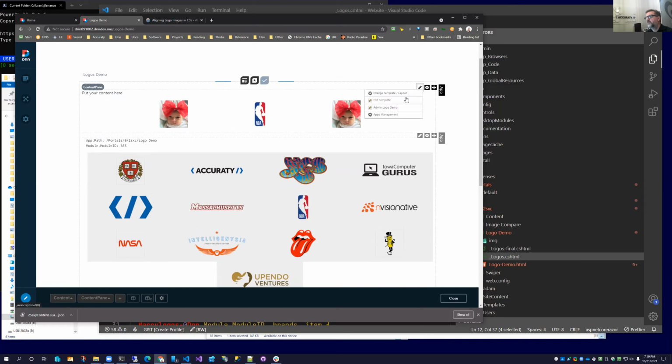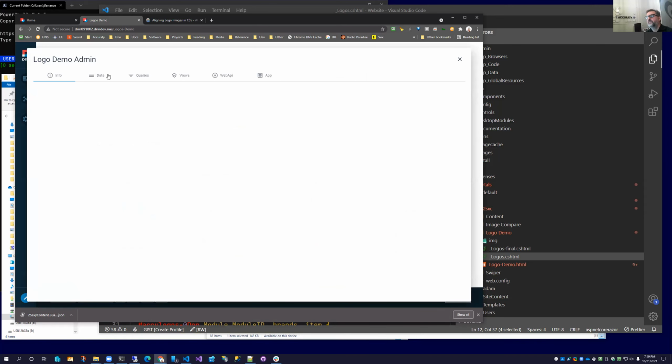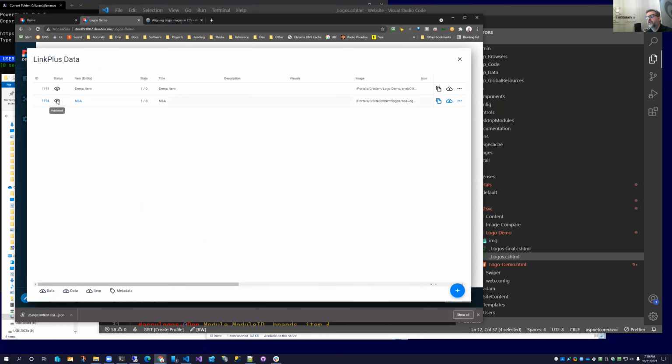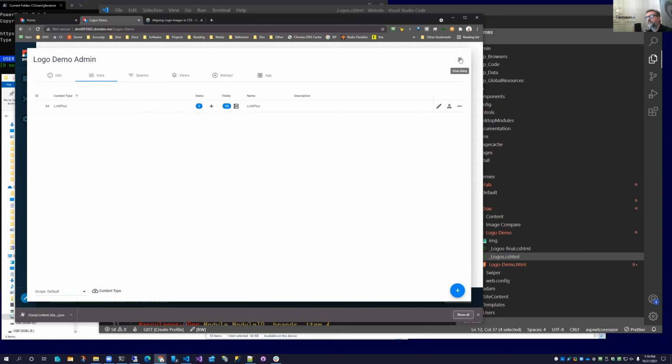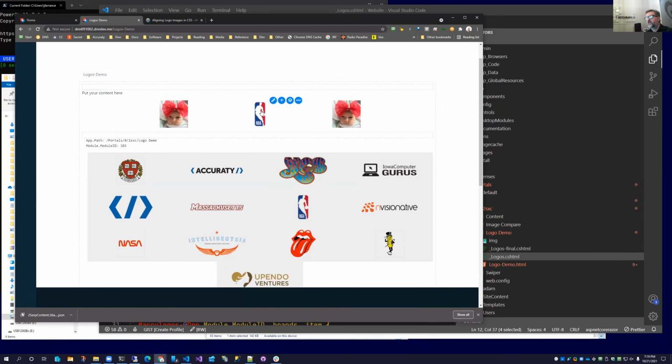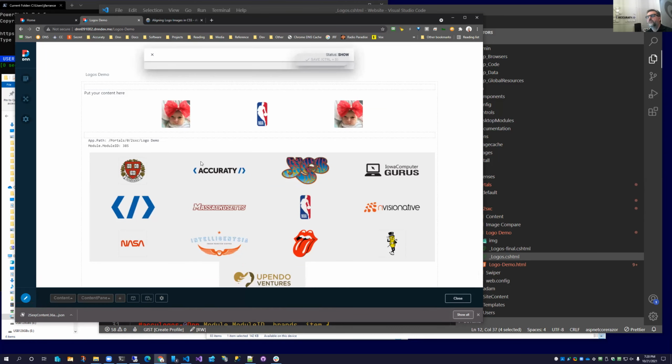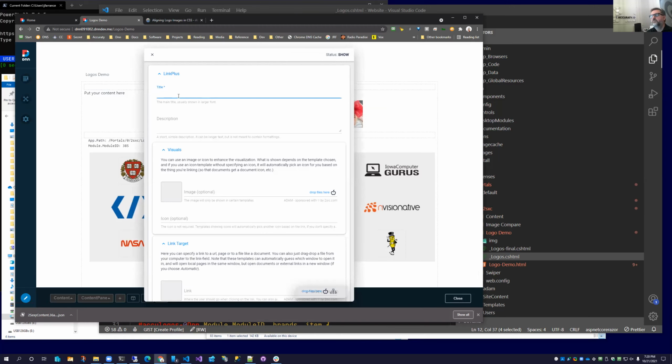And what I mean by that, and it's really important to understand, is that if you go back to your data and open up the link plus, we now have a new item for NBA, but the demo item is still here. And what's going on with these blocks is 2sexy has linked this center block to that content item. And then that gets even more interesting after you do a few more of them.